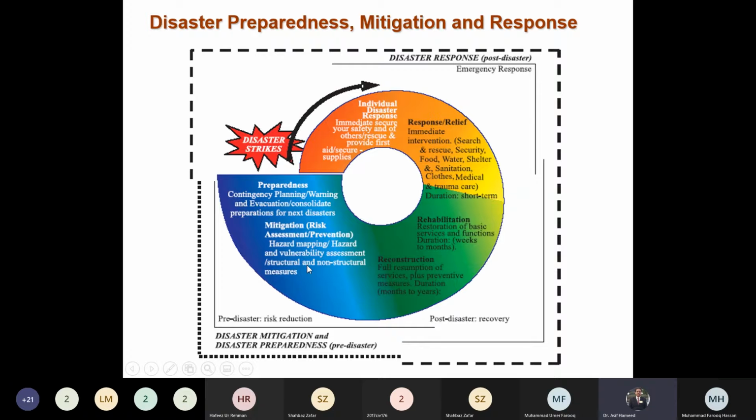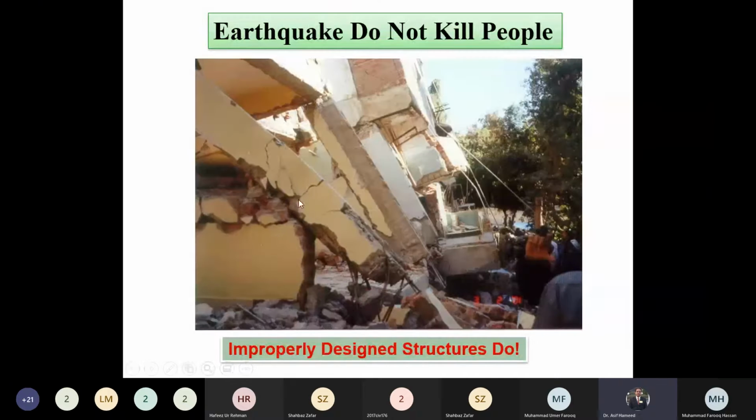And then you have to prepare for the future disaster of similar nature. You can plan, you can give the warning. In case of an earthquake, you can prepare the hazard maps, you can check the structures, and you can strengthen the structures so that disaster will be less. You can increase the capacity of the structure. Okay, so you can prepare for the future disaster. So this is the procedure.